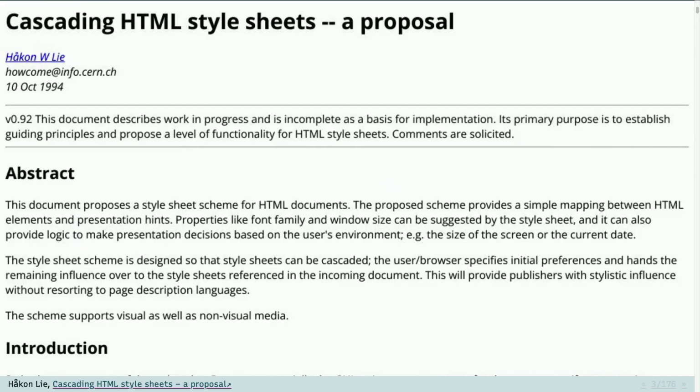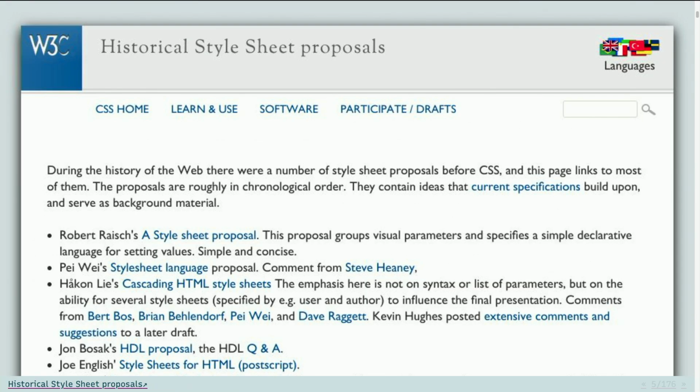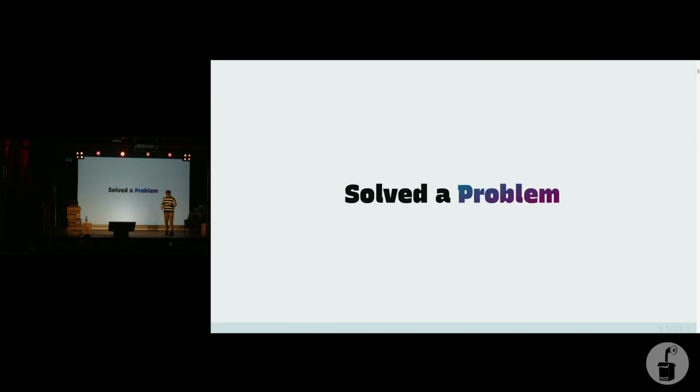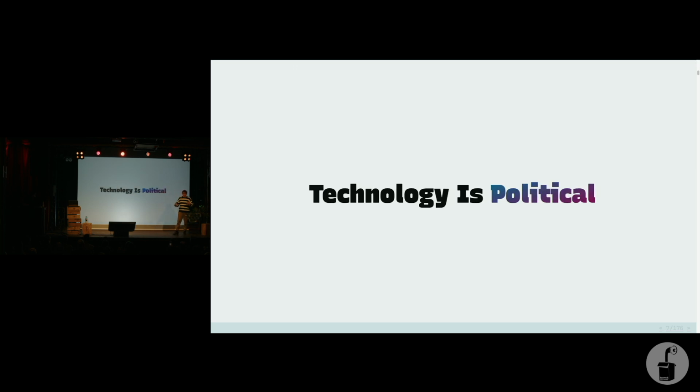We're here to talk about CSS, Cascading Style Sheets, first proposed by Håkon Wium Lie 30 years ago, October. This email is still online. You can go read it. It wasn't the only proposal for styles on the web, and it wasn't the first proposal for styles on the web, but it solved an important problem for this new platform. Not a technical problem, styles aren't that hard, but a philosophical problem, political, like everything that we do,